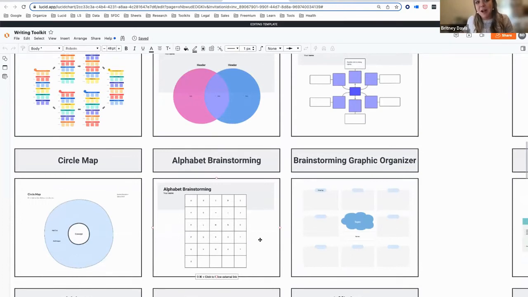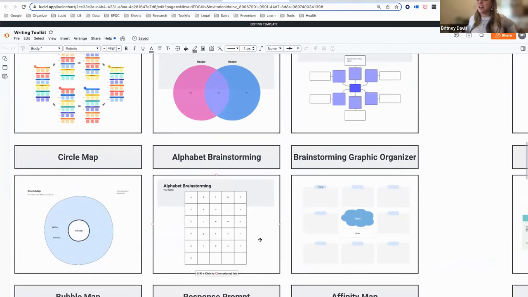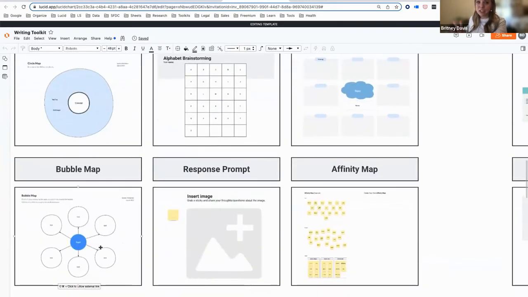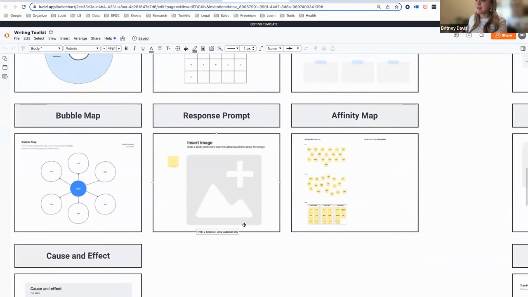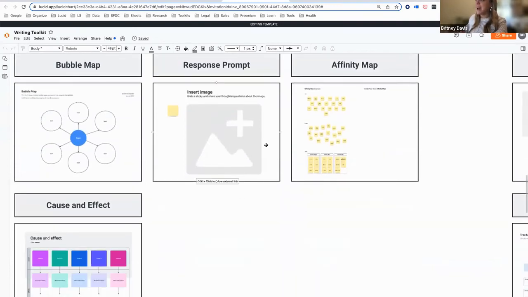So this was in more of that secondary level. Students were really struggling with theme, and so they go through and generate ideas and names and terms related to each letter of the alphabet. A general bubble map, a response prompt that we'll try, affinity map, where they just get out,